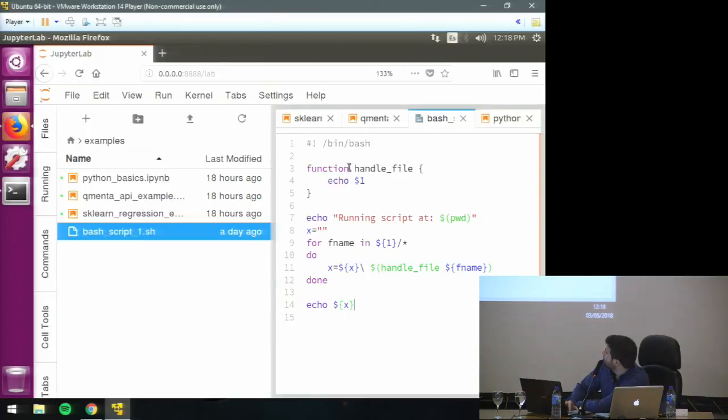In this case, this simple example that does not do anything much useful is just going to print "running a script at", then it's going to execute the command pwd, which literally just returns where you are working. And then it's going to do a loop for everything that is in a directory. Now, what directory? This is $1. In Bash, when you use $ and a number, you are accessing the argument that you are passing to the